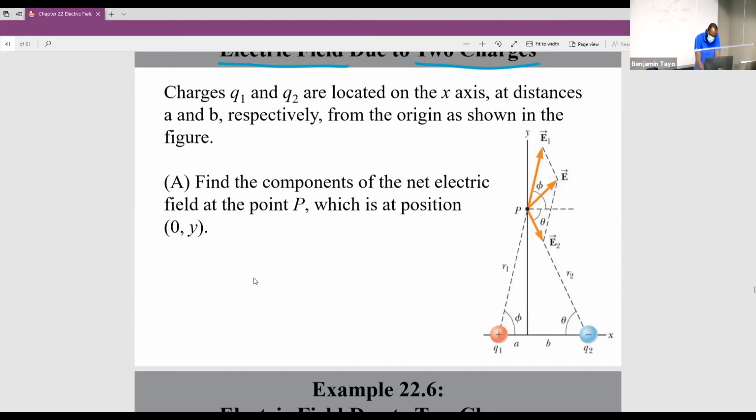The first thing that I want to notice is that Q1 is a positive charge and Q2 is a negative charge. And we said that whenever you have a positive charge, the electric field line is pointing out. And for the negative charge, the electric field is more like an attractive force. So let's suppose that I want to calculate my electric field vector, right? So just looking at this picture here, I can say that my electric field vector